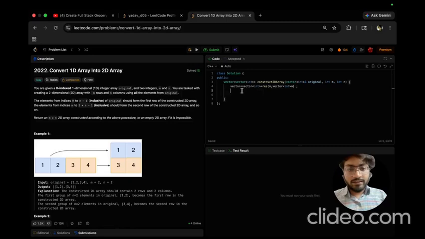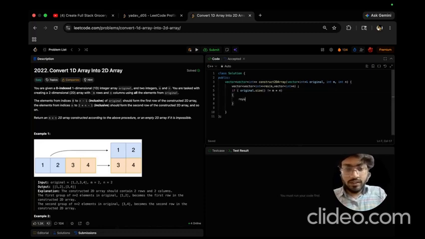So first we'll write the edge case that if original dot size is not equal to m cross n, then we should directly return a false, return an empty array। इसके बाद अपन एक index ले लेंगे जिसको अपन 0 से initialize, then we will loop through the 2D array।